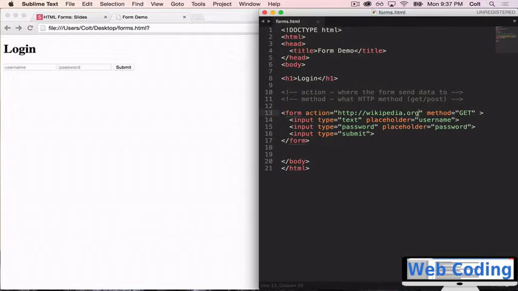Okay, so that's the point of action. It's where we send data to. Of course, we're not really going to send data to Wikipedia or Google or Facebook from a form. We're going to send it to our own server, our own backend that we create. But we don't have that yet, so for now, we're just demonstrating that we can alter where the data goes